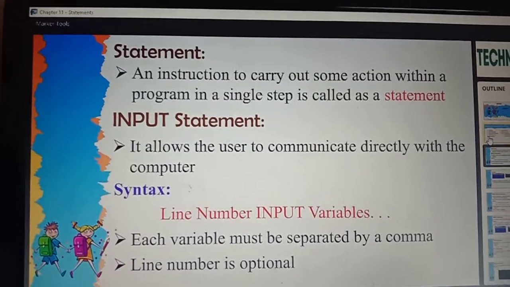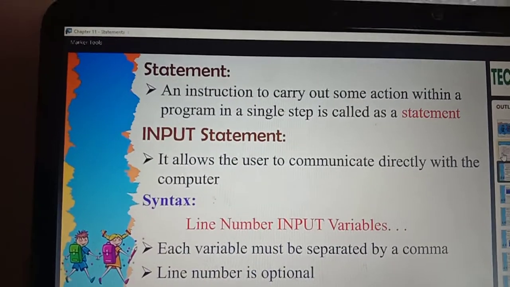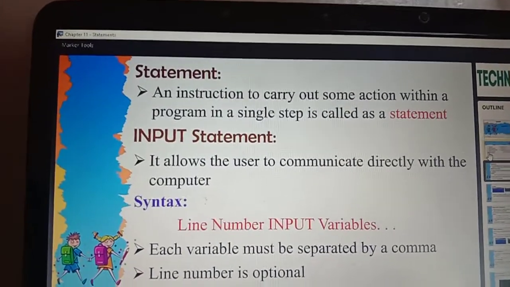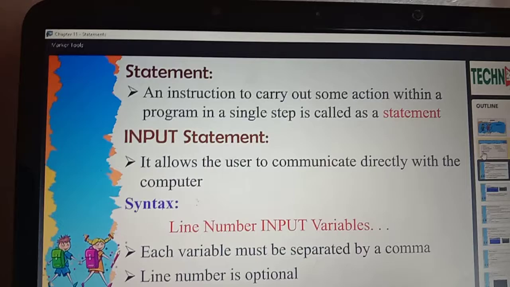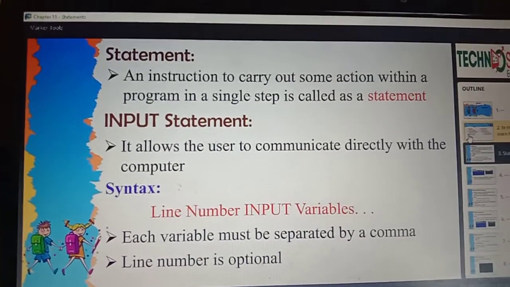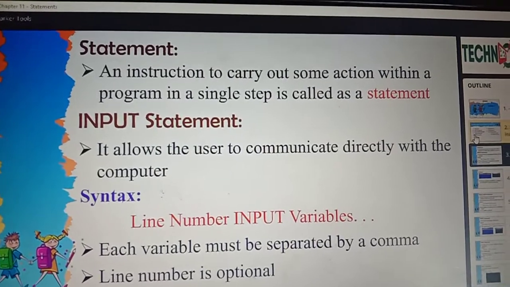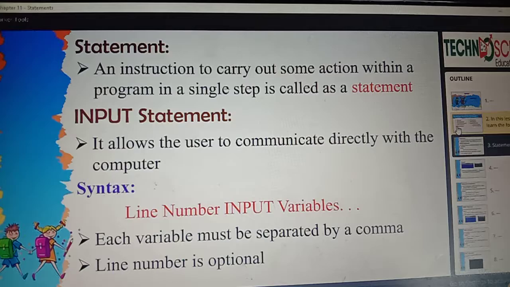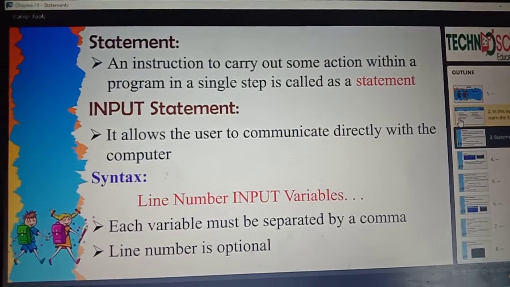For example, if you are doing an addition operation, you will write C equal to A plus B. You write it in only one step, a single step. So that is an instruction given in a program in a single step. An instruction to carry out some action within a program in a single step is called a statement.